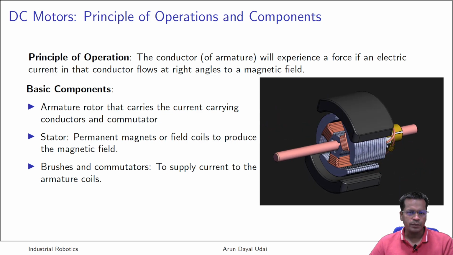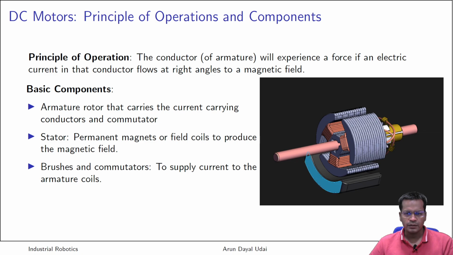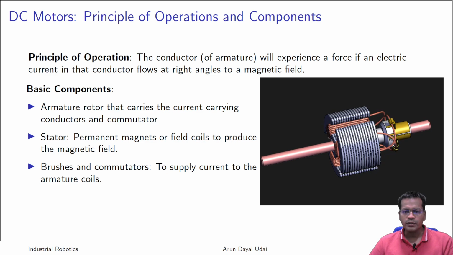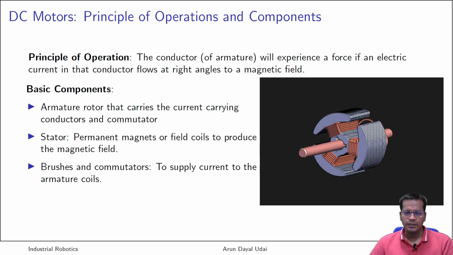Got it. So let me remove the magnets also now. I will remove one of the magnets, this one also I am removing. Now you can see how this armature is made. It is laminated plates one over the other, so that you see straight lines of force, magnetic lines of force. That is why it is laminated cores, one over the other, stacked together, and the armature is made. These are soft iron cores.